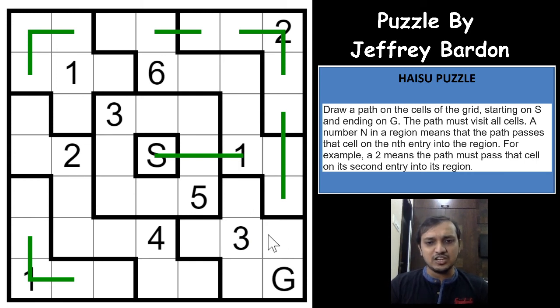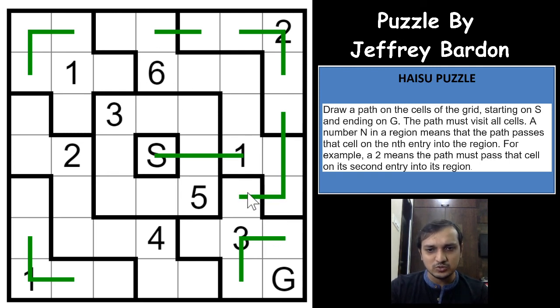So a maximum of 3 entry points are possible in this region, which means that it will either go this way or this way, and in both ways you will have this common cell like this, right? So this point will either connect to the G, or this point will connect to the G, and which means that now this cell cannot connect to the G, because then these 2 cells will be the last entry, the 6th exit in that region. But the 6th is here already, it has to pass via this number, which is not possible, right?